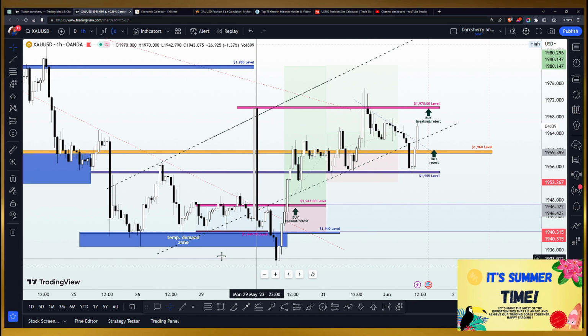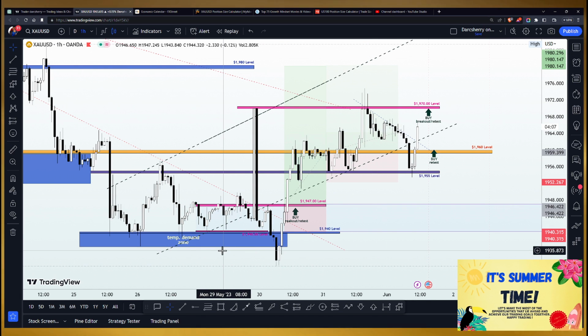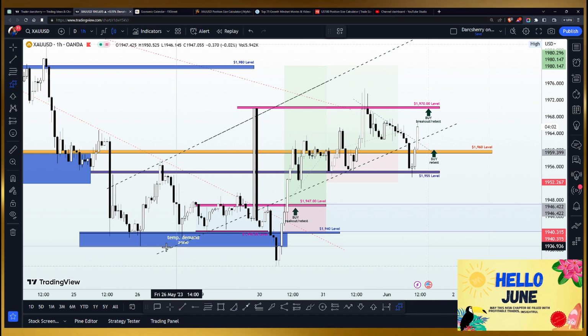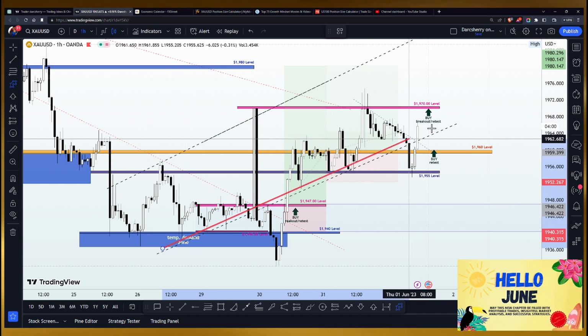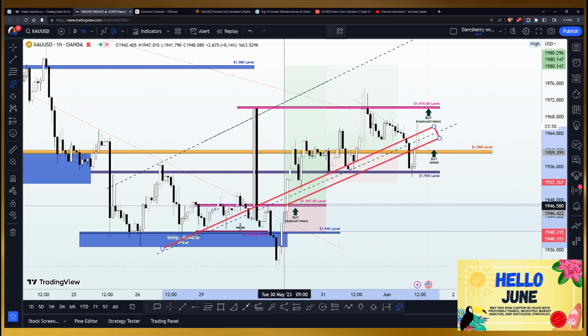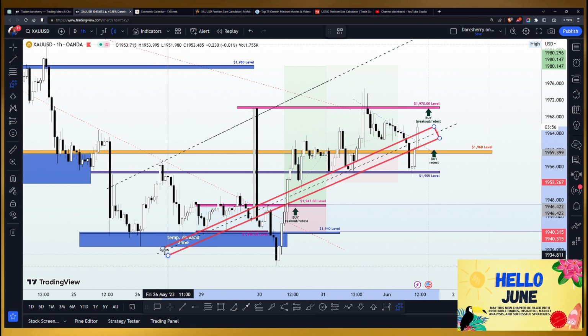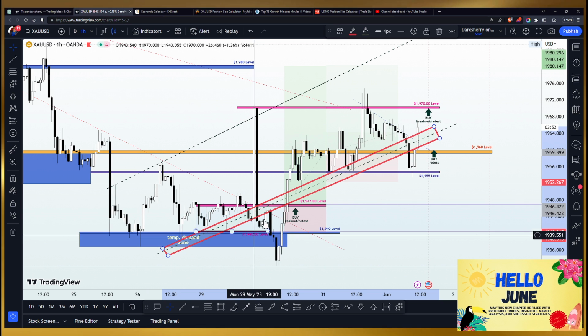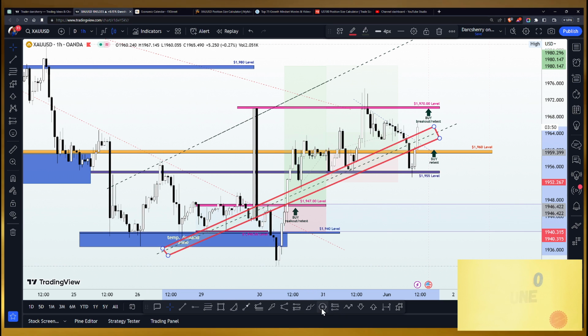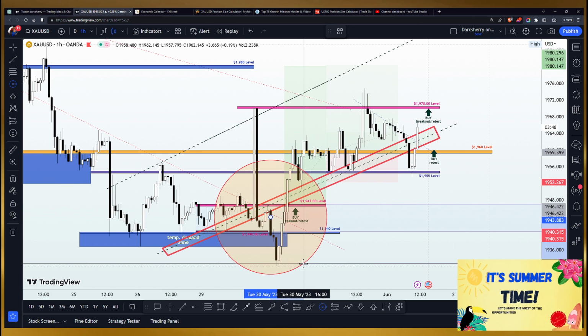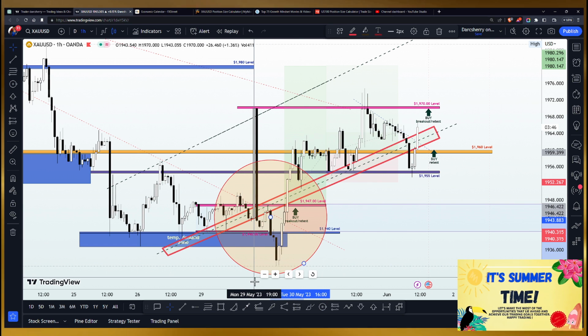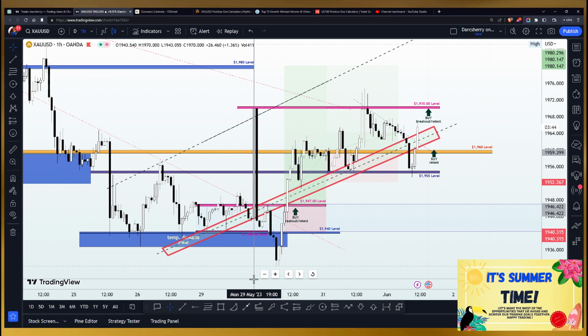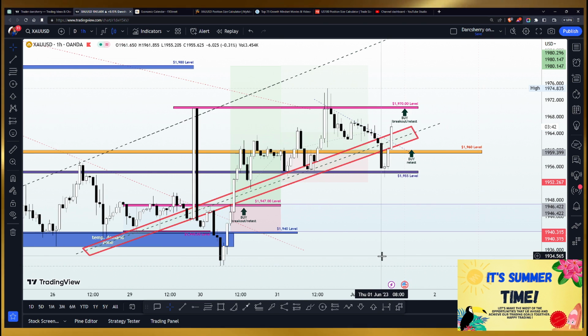So now, since the beginning of the week, you will see from here that price action has been bullish. And to acknowledge this, we have a higher low here, which we connected, giving us a higher low, which is a sign that buyers are gradually gaining momentum. And though we had a sharp breakdown on Tuesday, we can see that immediately price action climbed above that trend line and continued to find higher highs.